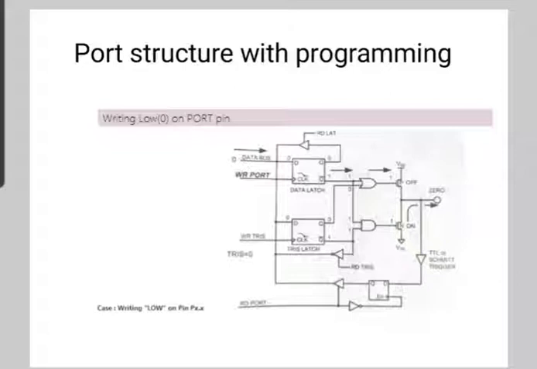Now the port latch register is the output latch register, which shares the same data latch as port A. Writing to one is equivalent to writing to the other. So reading from the LAT, that is the port latch register, activates the buffer at the top of the diagram, and the value held in the port A data latch is transferred to the data bus, independent of the state of the actual output pin of the microcontroller.